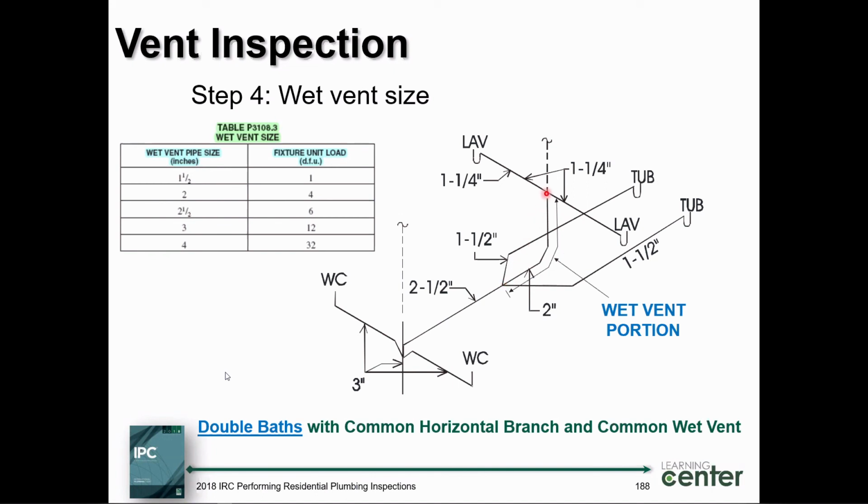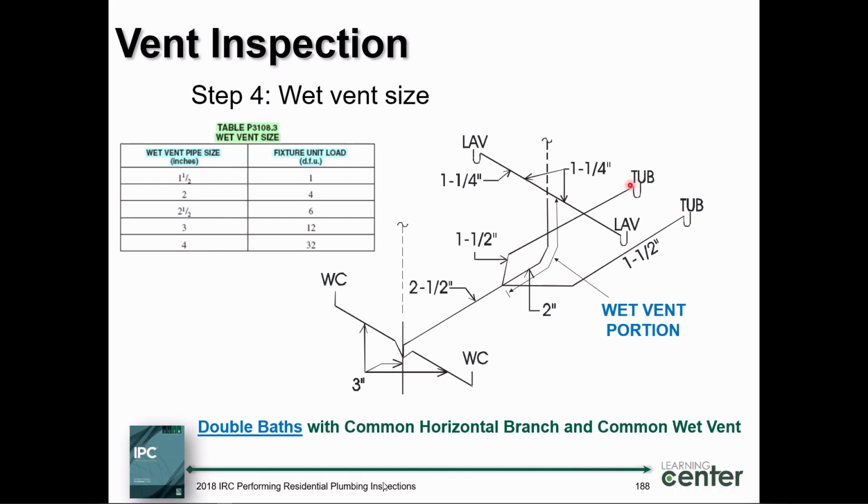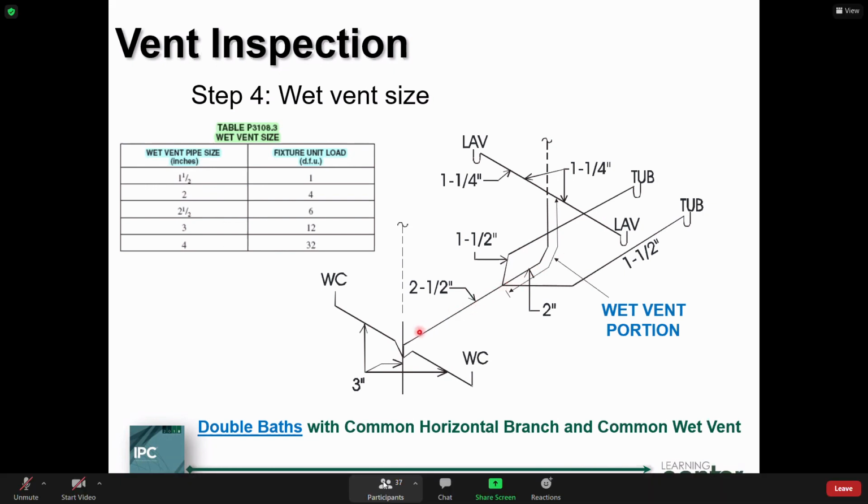I know this has to be a 2-inch pipe carrying 2 drainage fixture units, right? Right? 2-inch pipe. And then I pick up at this juncture a tub on this side, a tub on this side. Tub is worth 2 here, another 2 here. So that gives me 6 drainage fixture units for this pipe right here. 6 drainage fixture units. That pipe size has to be a minimum of 2.5 inches. Okay. Now, Don,